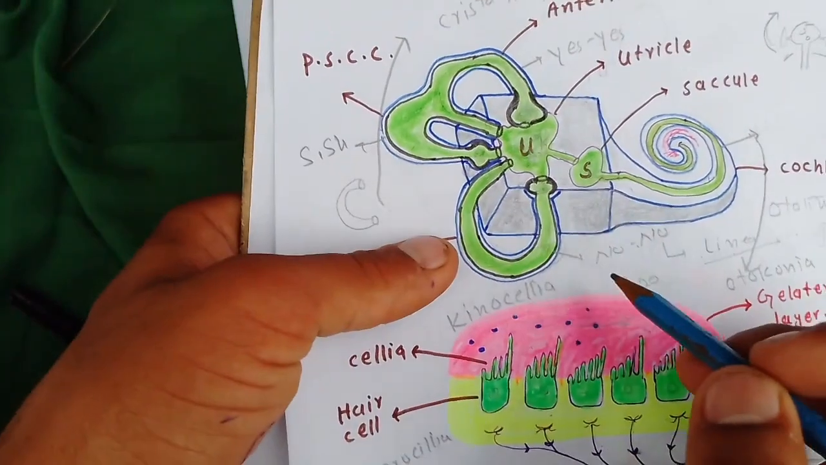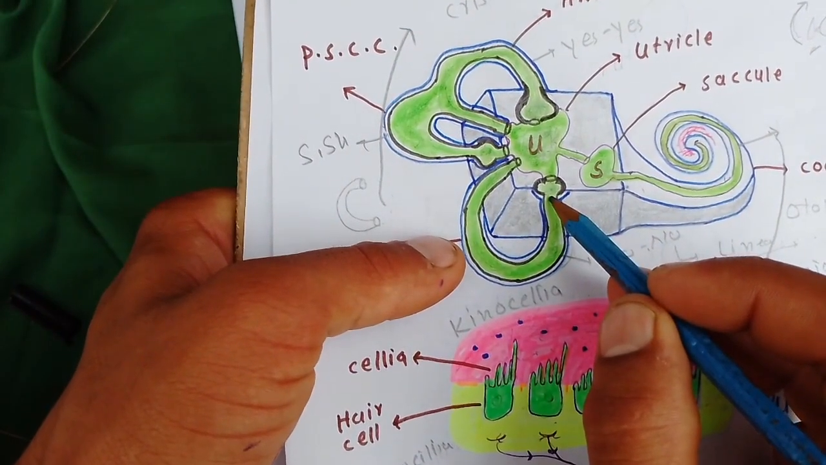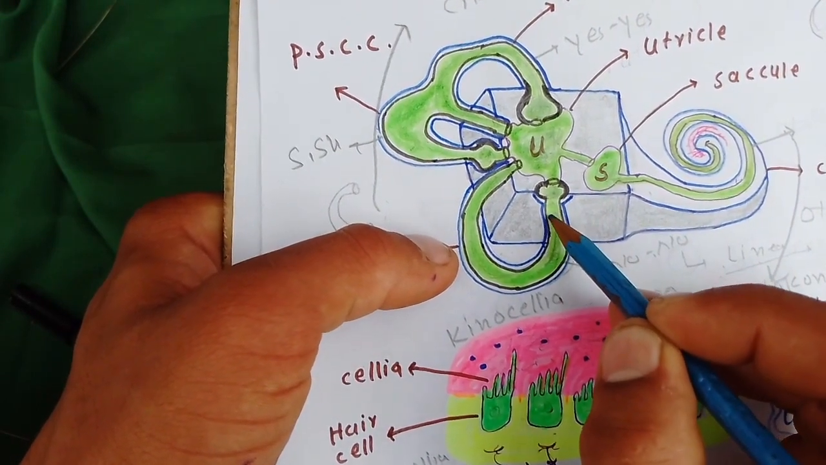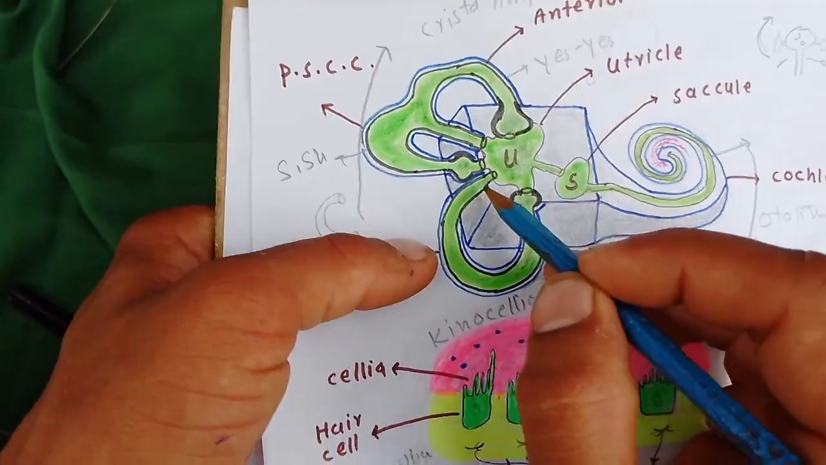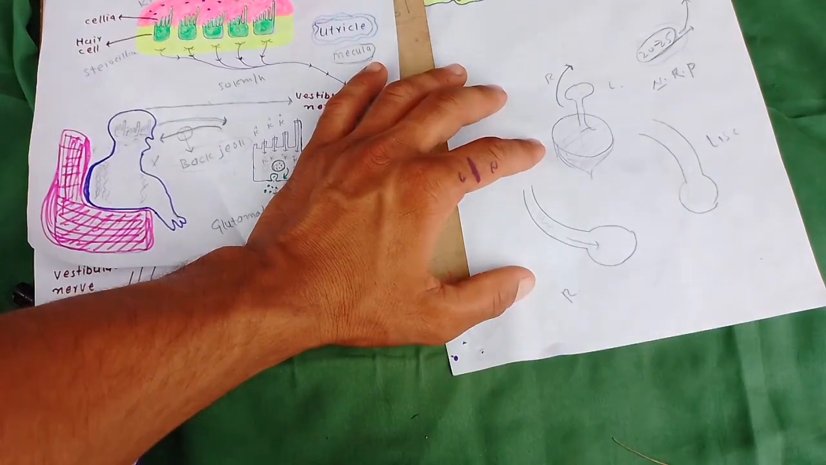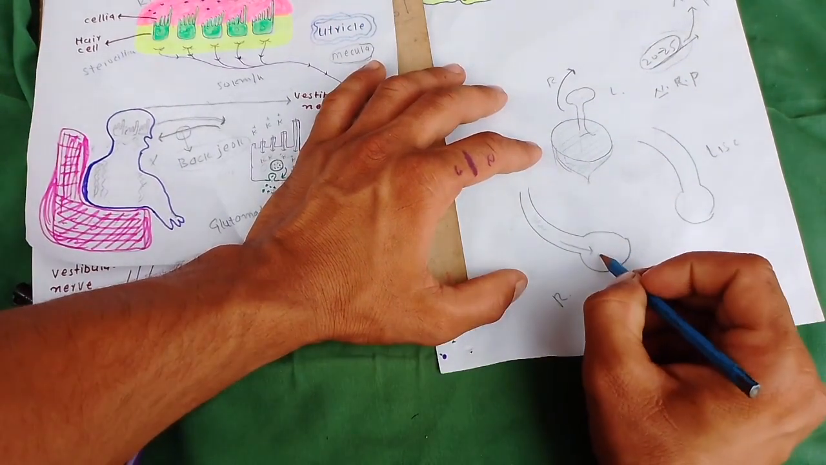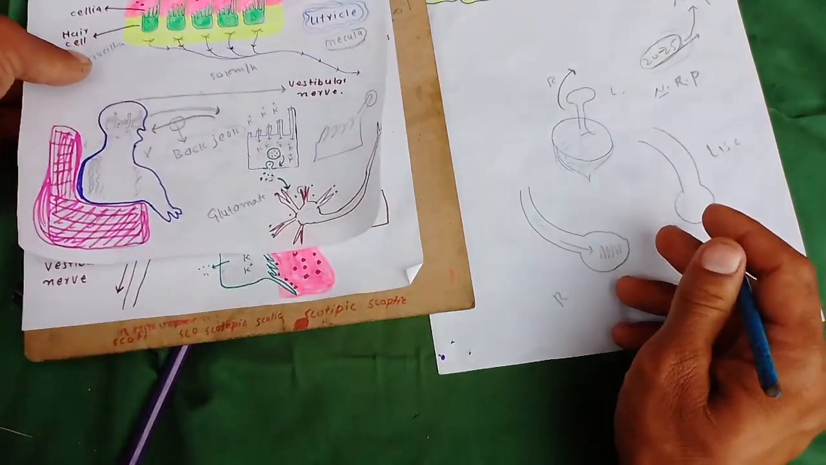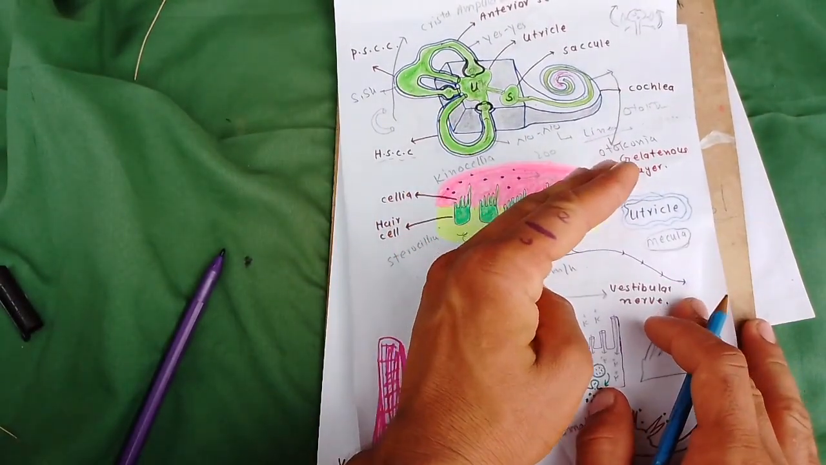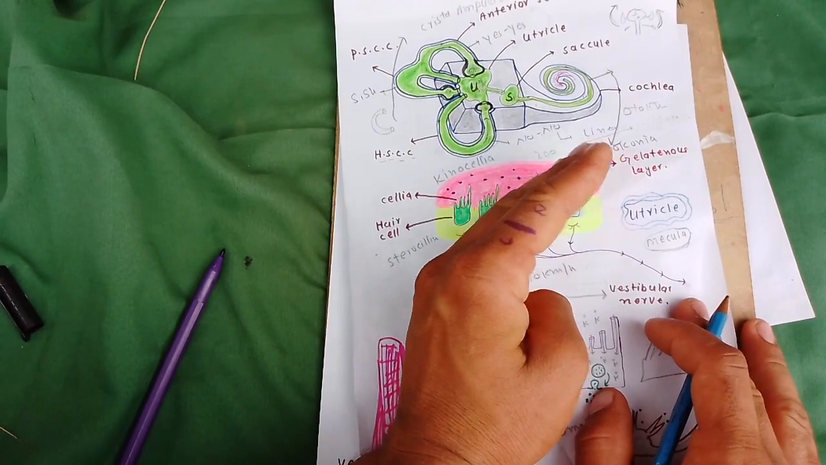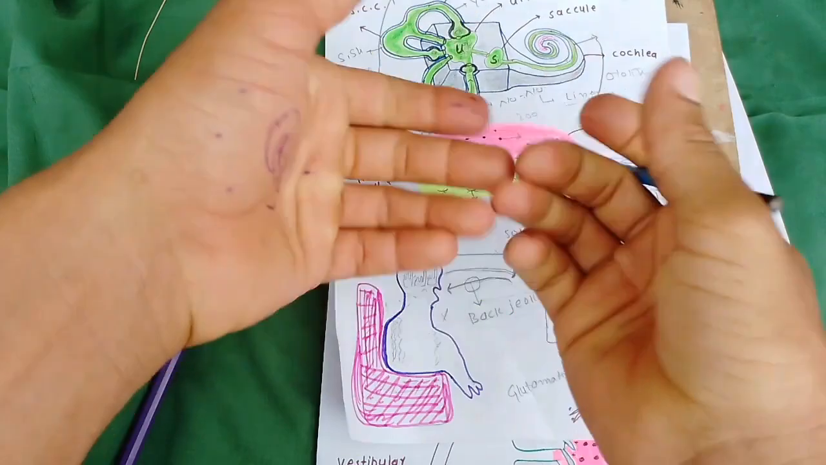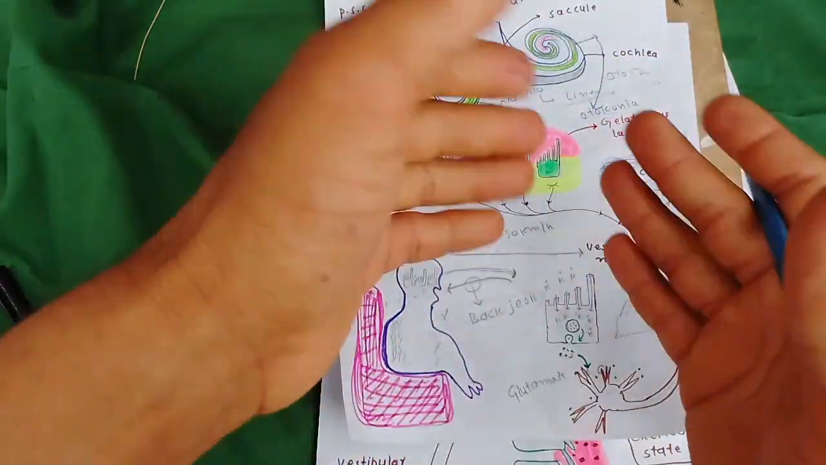When the man starts rotation, the fluid wants to be maintained in its own state. So the fluid jerks in the forward direction. The crista ampullaris is present here, so the cilia is bent in this direction, and here an action potential is produced, and the action potential goes to the